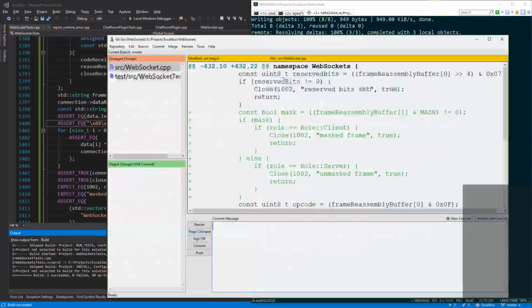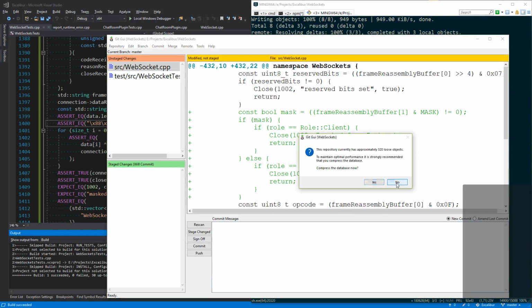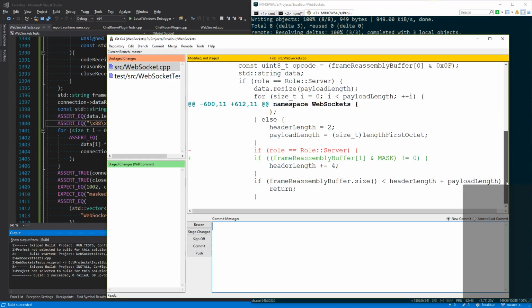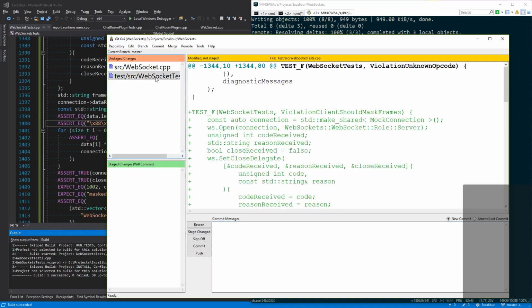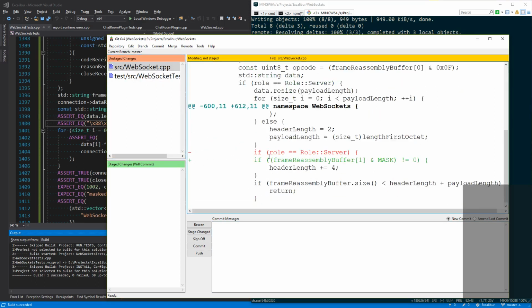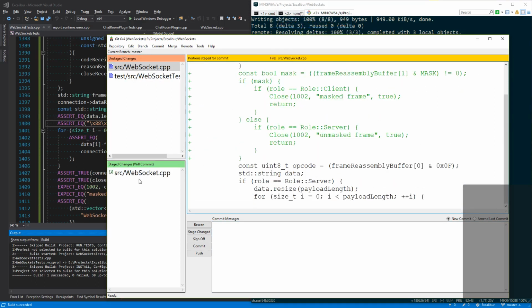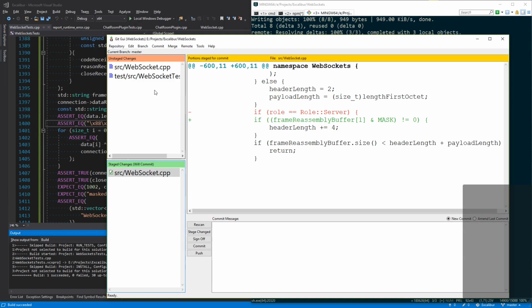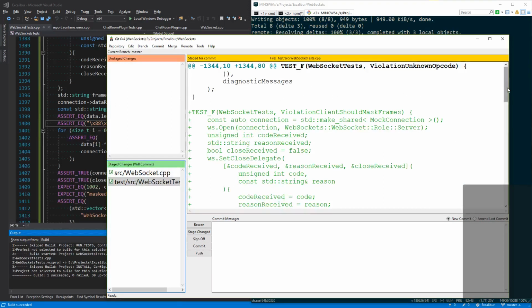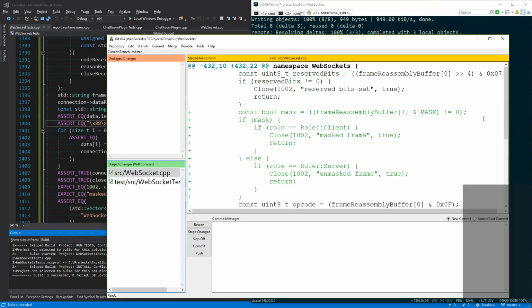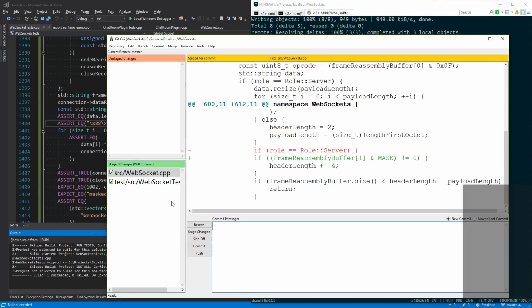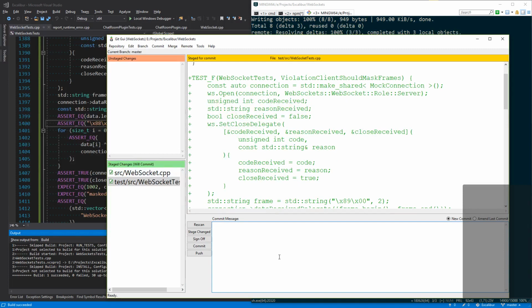WebSocket. Okay, let's change these individually. This one's one fix. Ah, no, we'll gang them together because one's a test of the other anyway. WebSocket: check for mask related issues with received frames.